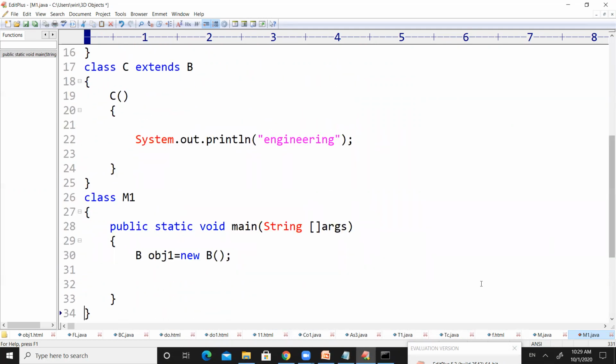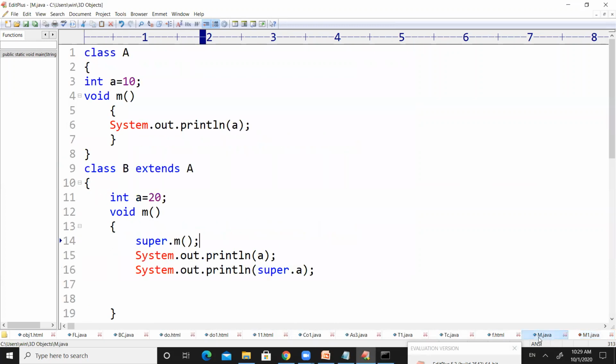And let us see the program which we have seen previously. There is m.java, right? I have said earlier, if there are two methods with the same name, you can find here, I'm highlighting this one. If the two methods are in different classes, where the two classes are under an inheritance relation, then the concept is called method overriding.